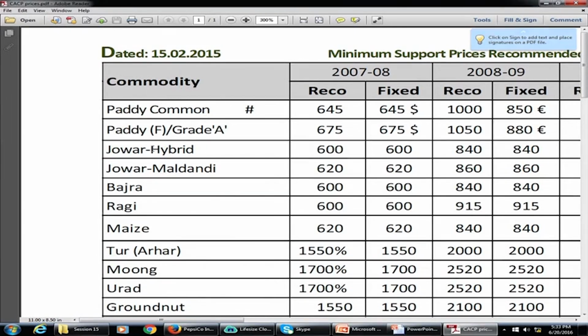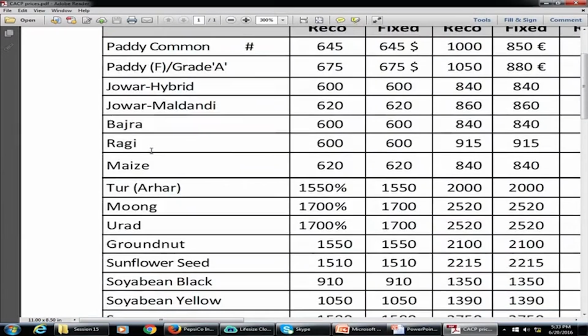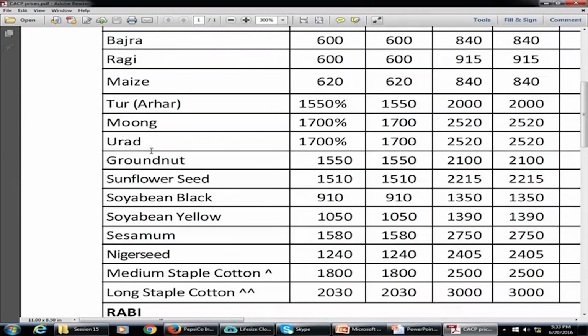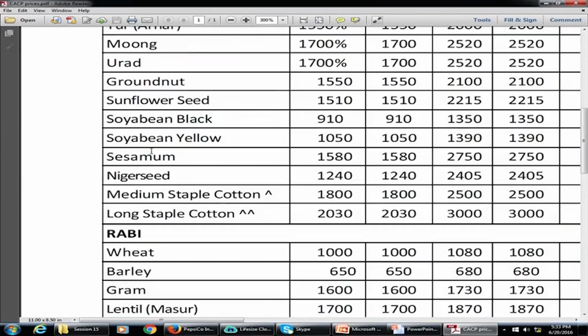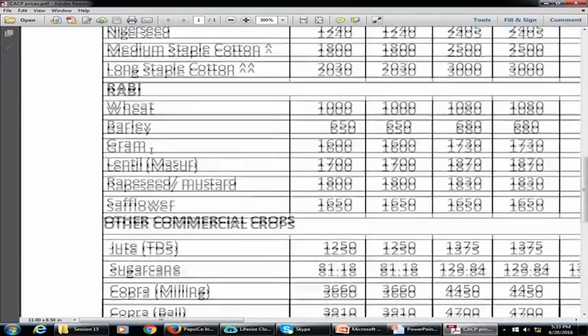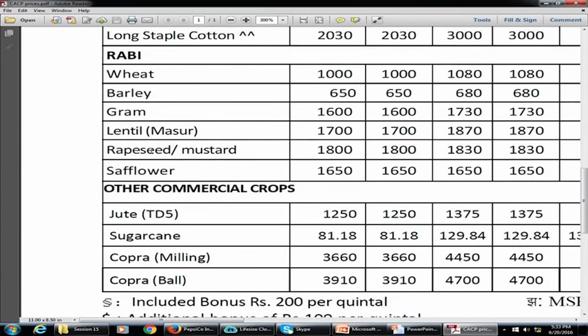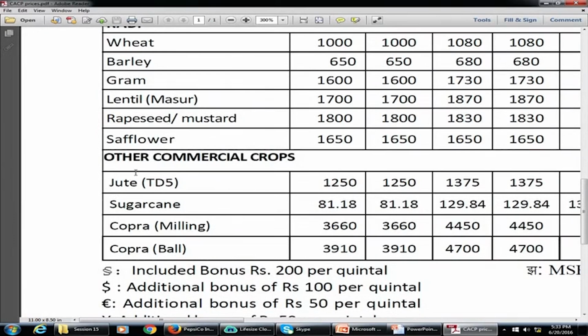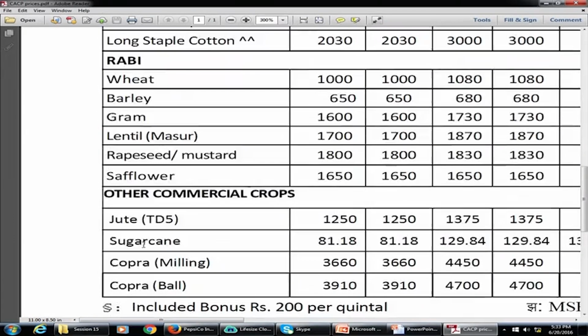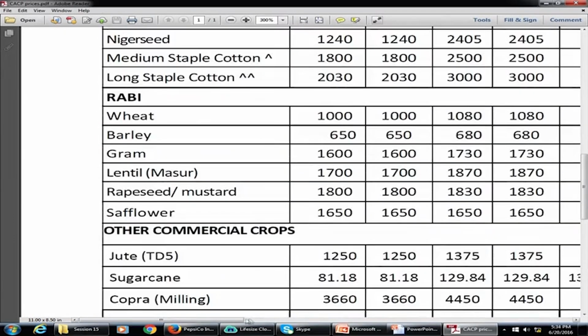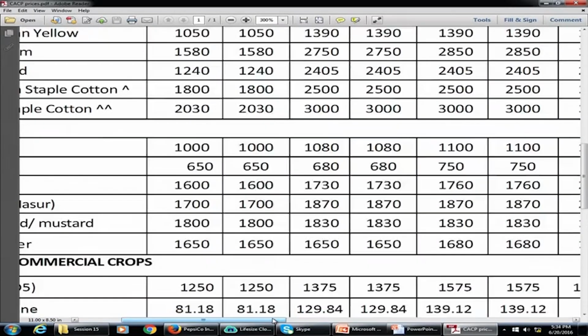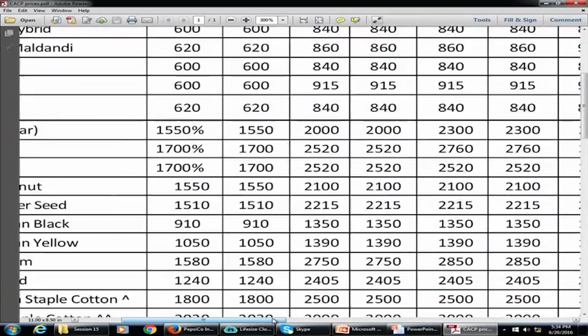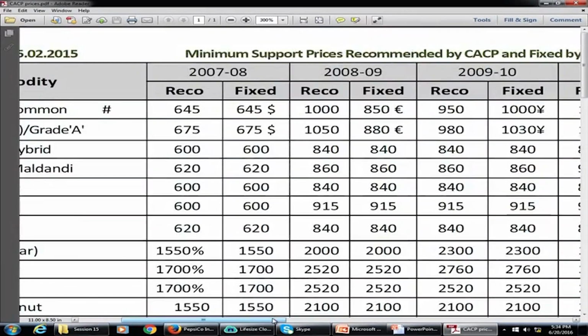You have paddy, jowar, bajra, ragi, maize, tur, moong, urad, groundnut, safflower, soybean, and wheat, barley, gram, lentil, and jute, sugarcane, copra, all these are mentioned. And this particular